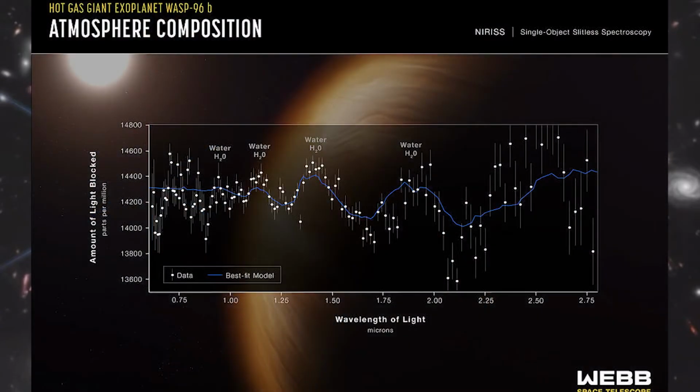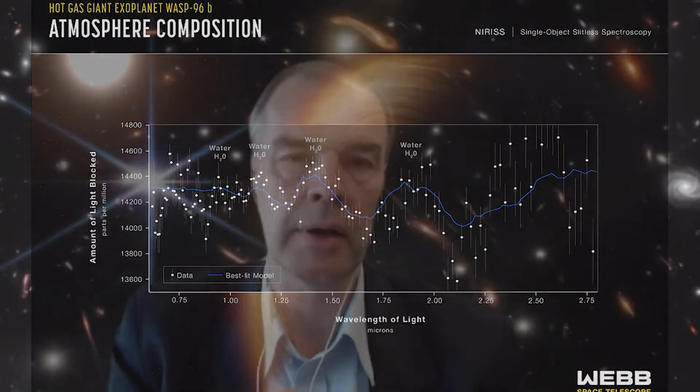What we're looking at here is one of these planets, one of these exoplanets, we call them, so it's around another star. And this planet passes in front of the star that it's orbiting. And as it passes in front, it blocks a little bit of the starlight. So in other words, the light from that star is shining through the atmosphere of this planet.